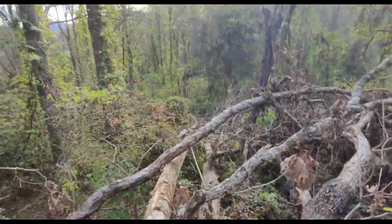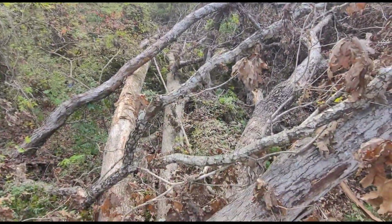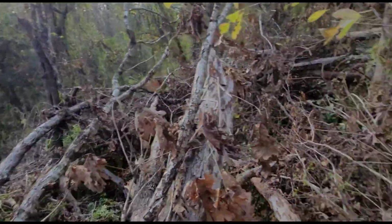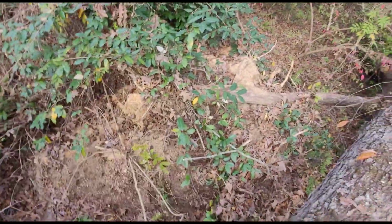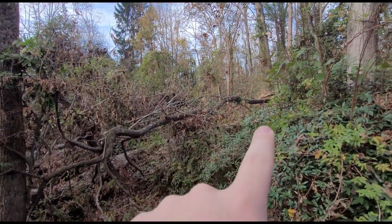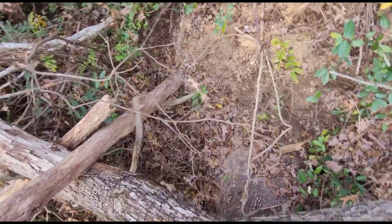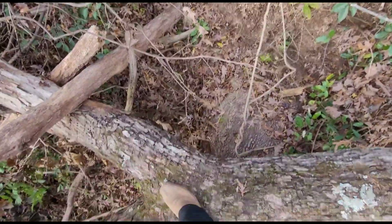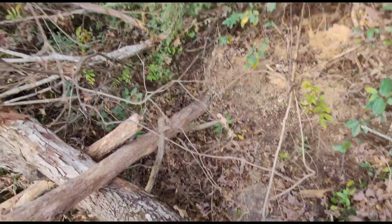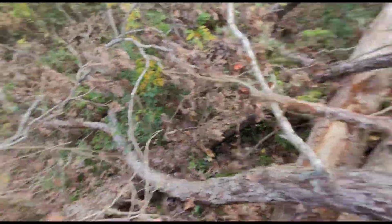Alright, so here we are. I just made it down here, and you can see a few mountains over there. But this is all the trees that knocked down. There's that root ball, that one. And you can see another root ball, which I can't really get over there because, I mean, you can't tell it on camera, but that's like a huge drop down. And so yeah, and then this is a big branch